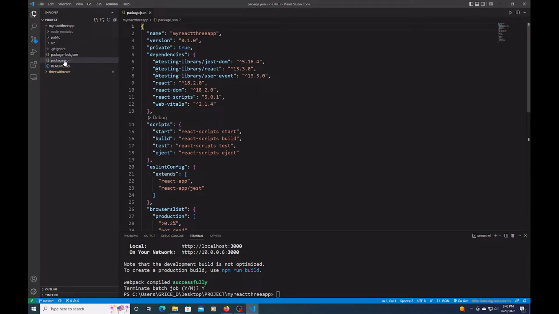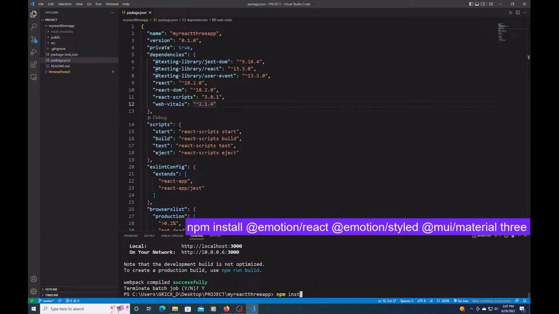If you open up your package.json, you'll see the latest dependencies here. What we want to do is add the three dependency for using Three.js. Then I'm using Material UI for some of the styling. All I need to do is type in npm install,